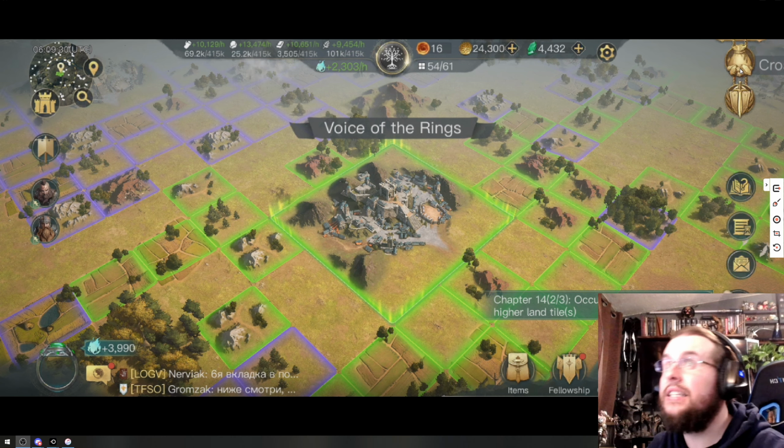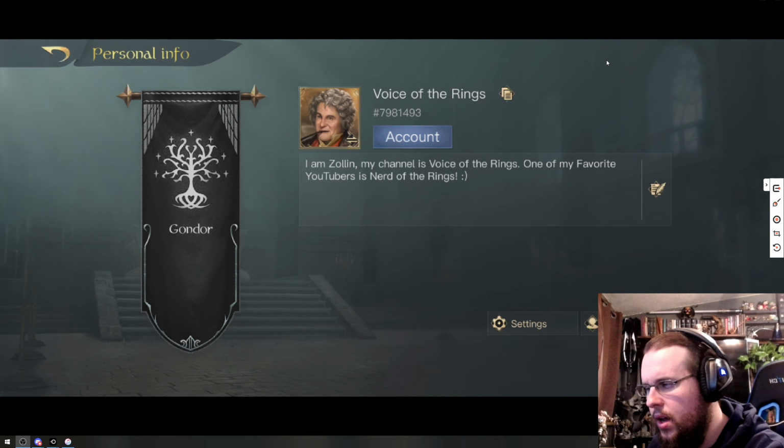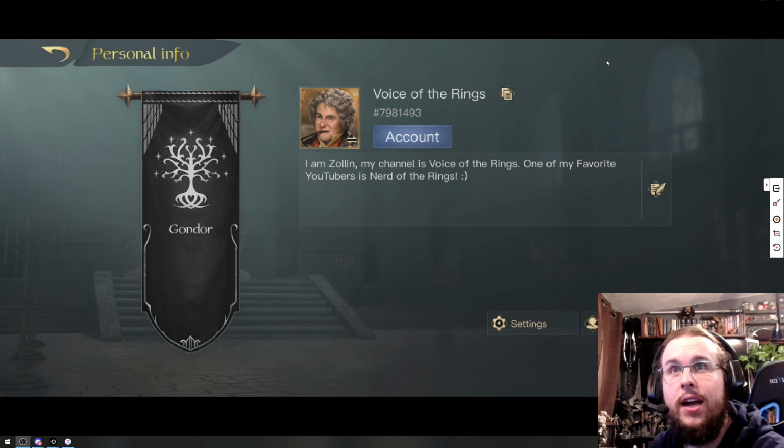All right. Next thing we need to do is let's talk about this top panel. Okay. So the gear right here is going to be for your account. You can put your little info there. See, I'm